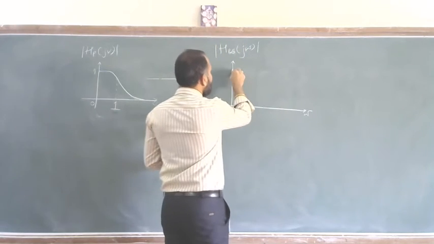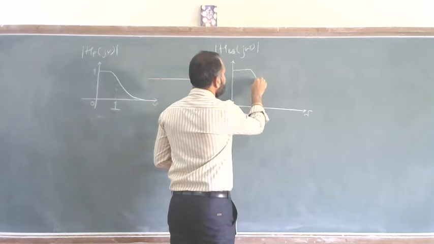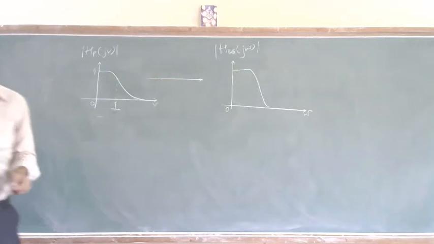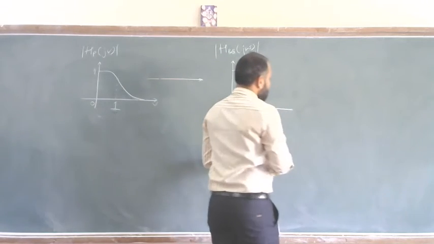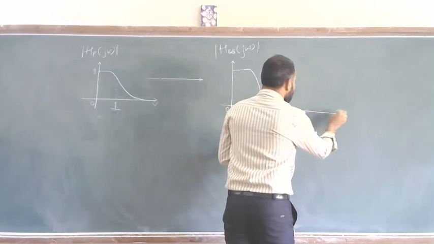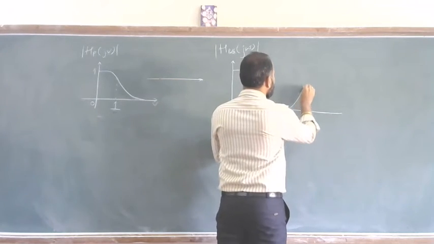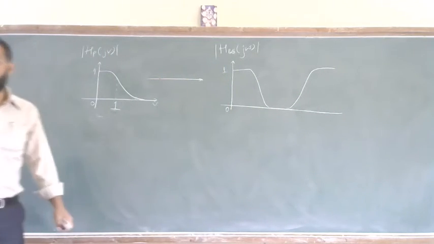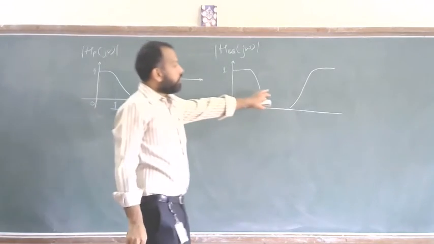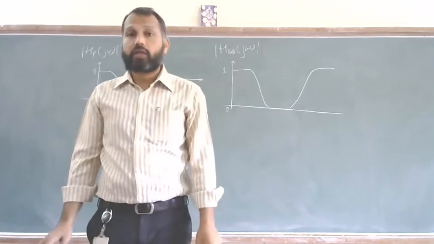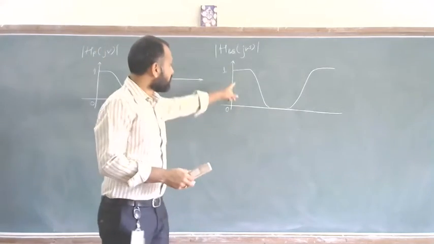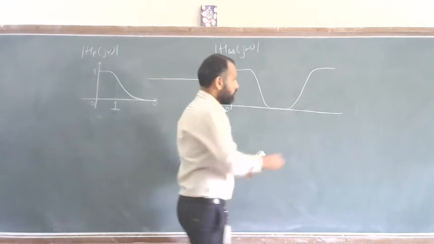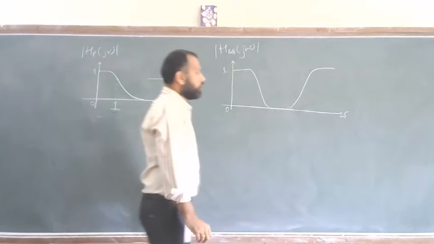First we'll be designing a low pass filter, and then to convert this into band stop, this will be cascaded with the high pass filter. Maximum gain will be 1. This magnitude response looks like the magnitude response of the band stop filter. So first we'll have a low pass filter, then this will be cascaded with the high pass filter, over the normalized frequency range omega.